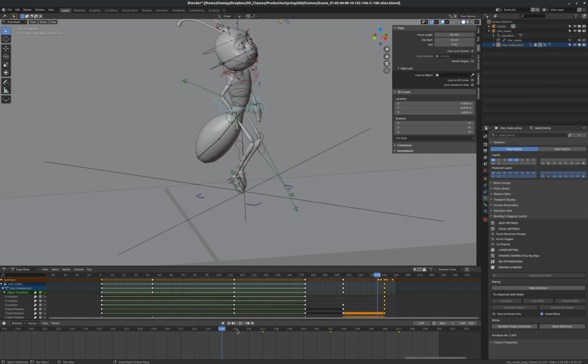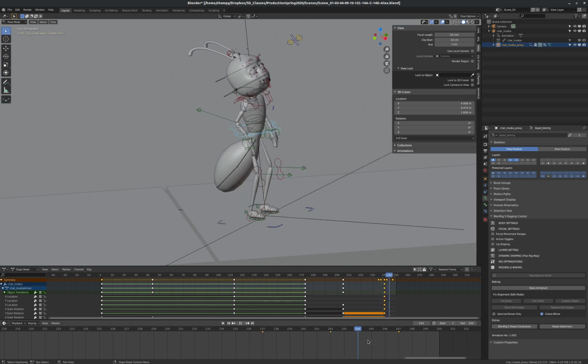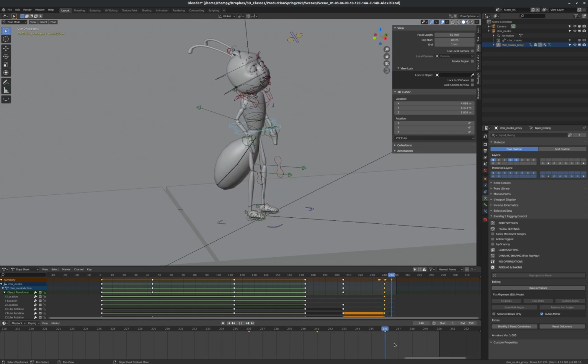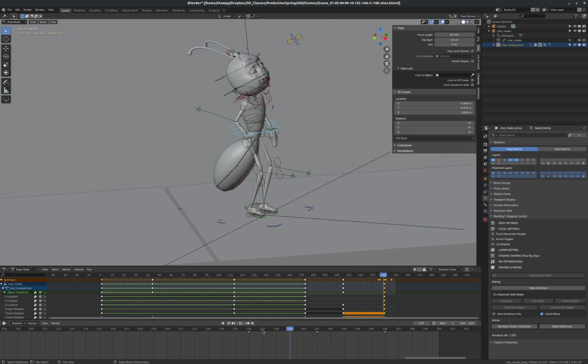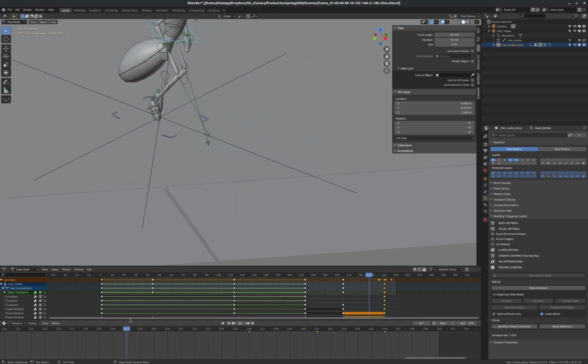So she comes in, plants her feet, and that feels a little more natural. I'm going to move it even 1 more frame back. Comes in, plants her feet, yeah, that's a good reaction. Okay, and